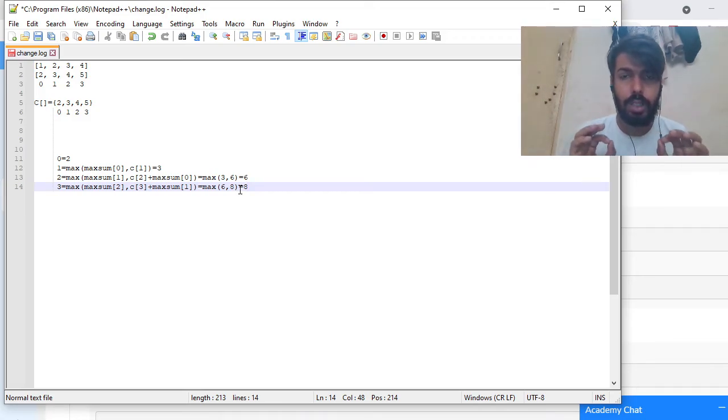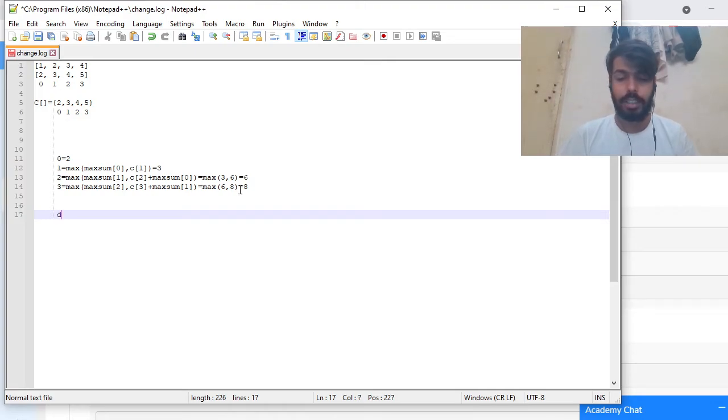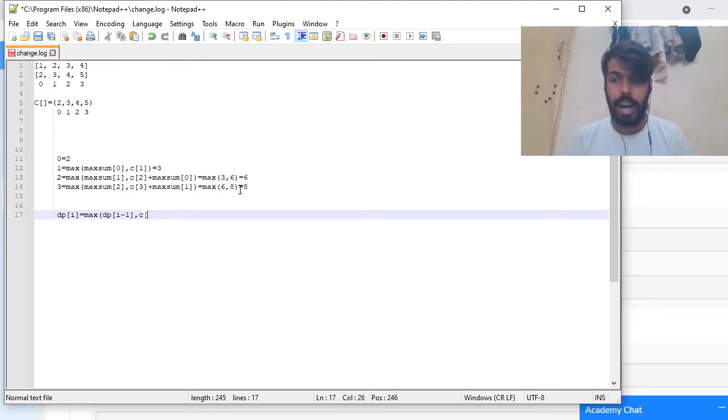So we can clearly formulate a DP table. Suppose DP of I, I am seeing for the ith index. Then our answer can be DP of I minus 1, if I am rejecting the ith element. Or if I am selecting the ith element, then our max sum will be C of I plus DP of I minus 2.